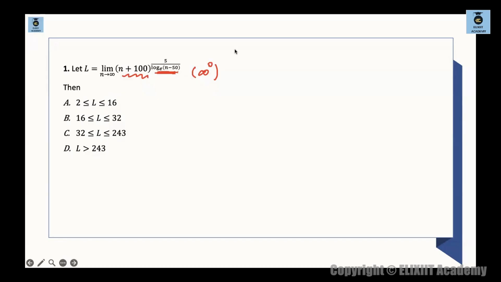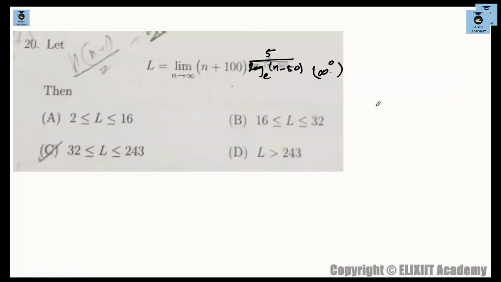Now you know the form and you know the procedure as well. What is the procedure? You solve this by taking log on both the sides. So simply take log on both the sides and solve. That's it. So I take log on both the sides and simply solve this. So we have log of L. Log of L will be limit n tends to infinity, 5 upon